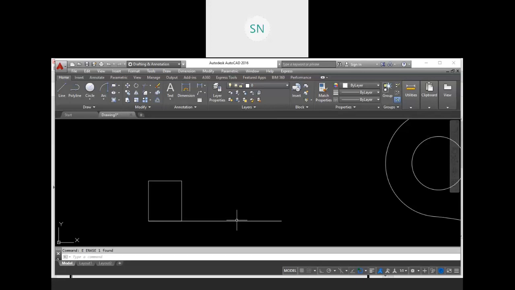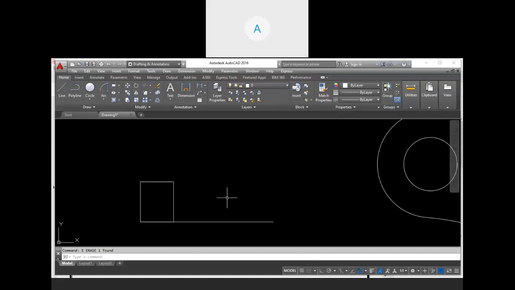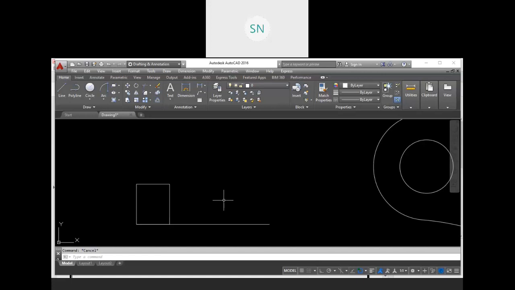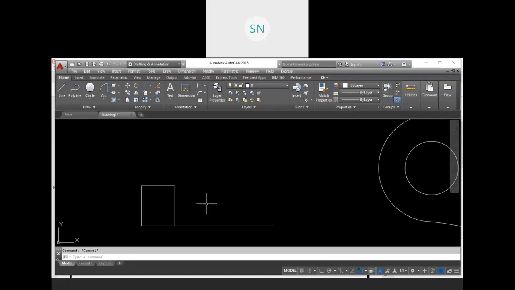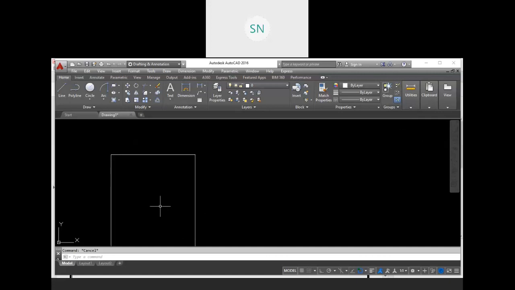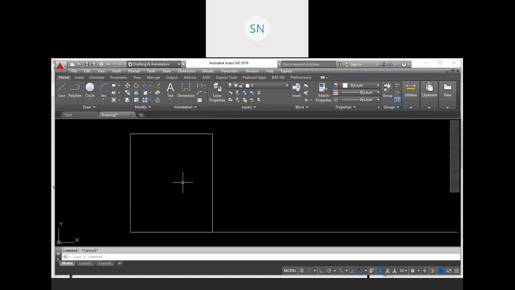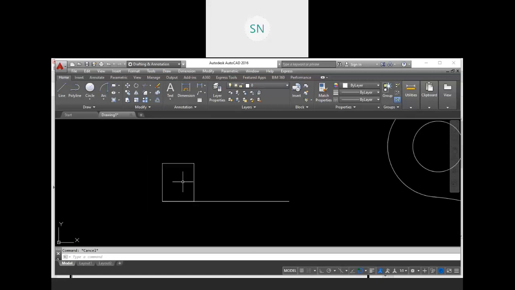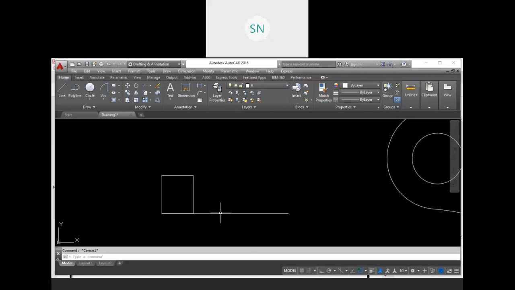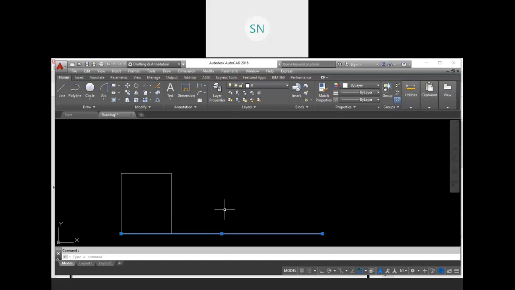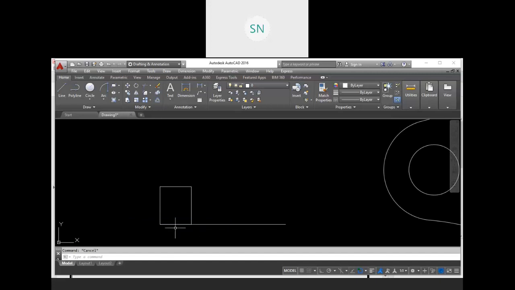No, sir. Okay. And next tool we have is scale. So scale, we can use this scale tool to enlarge or compress our object. So to scale it up or scale it down. This is not the zoom in and zoom out that we do with the mouse button, right? That is not scaling. That's why I have created one object over here. For example, I want to scale this object 2 times.